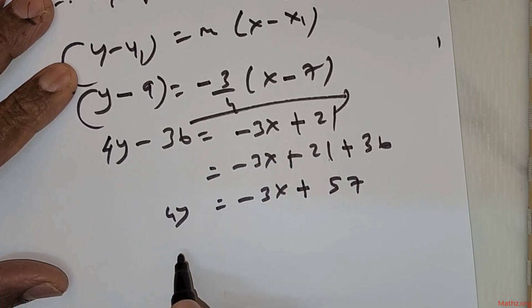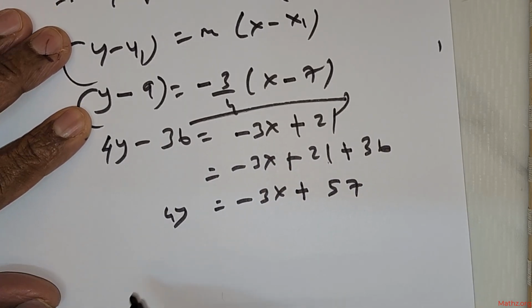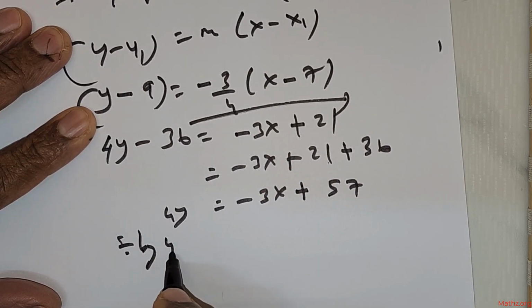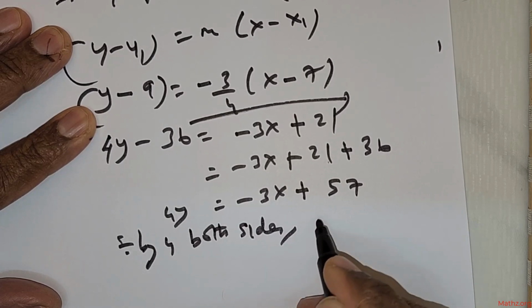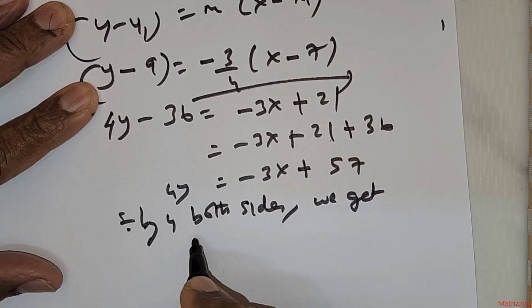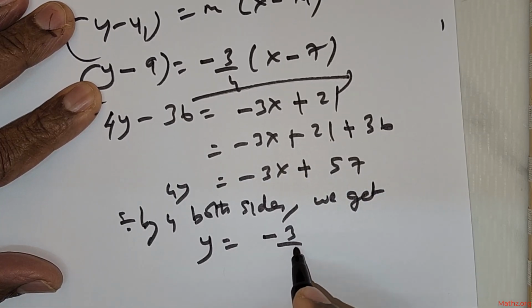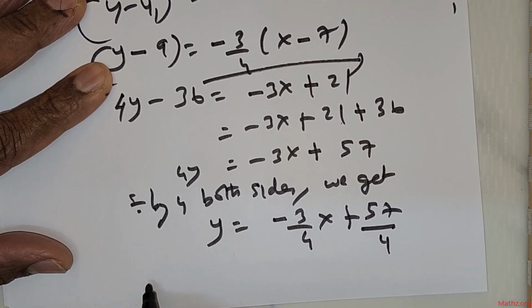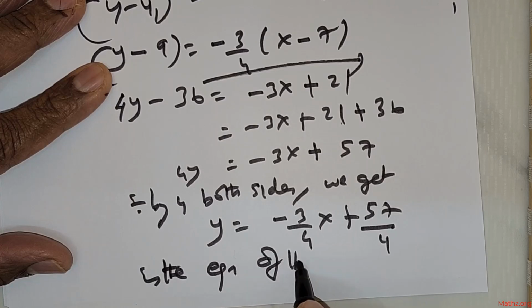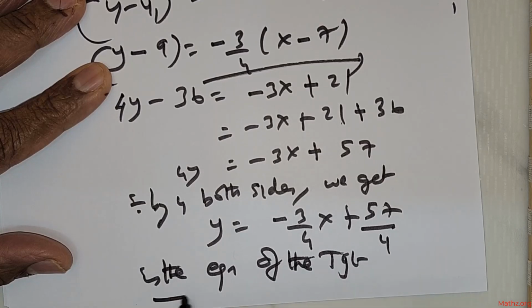But you need to get the line, right? So divide by 4 both sides. What do you get? y is equal to −3/4 times x + 57/4 is the equation of the tangent,